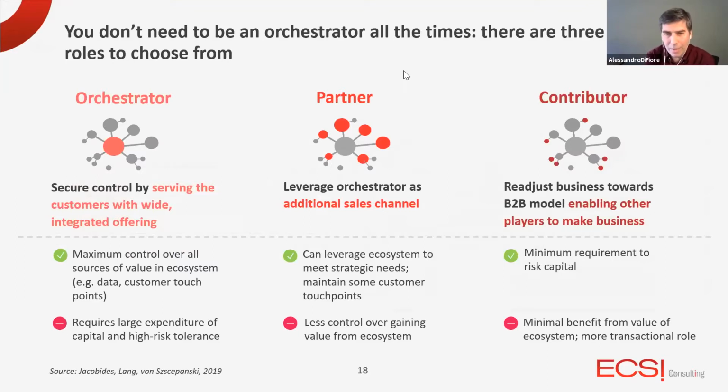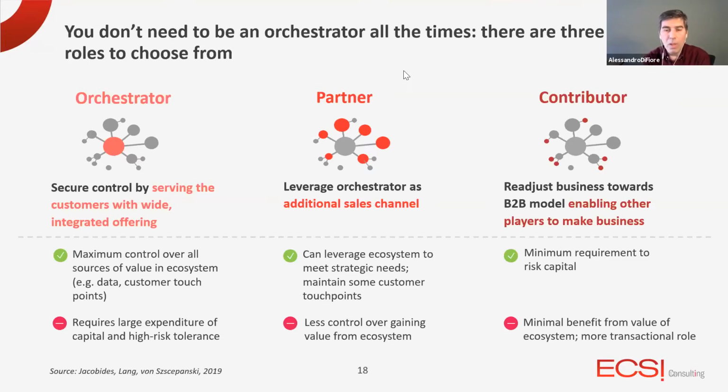And obviously, if you're an orchestrator, you can capture a lot more value, you can control it, and you can decide the curation, you can use your data and network effects. Obviously, it's very risky because, particularly for incumbents, there is a clash of culture and the way you operate. But not necessarily you need to be an orchestrator all the time. So it's good to put on the table 3 options and to say, okay, I can be an orchestrator, I can be a partner, which, for example, in the agrochem case or in the DSB case before,